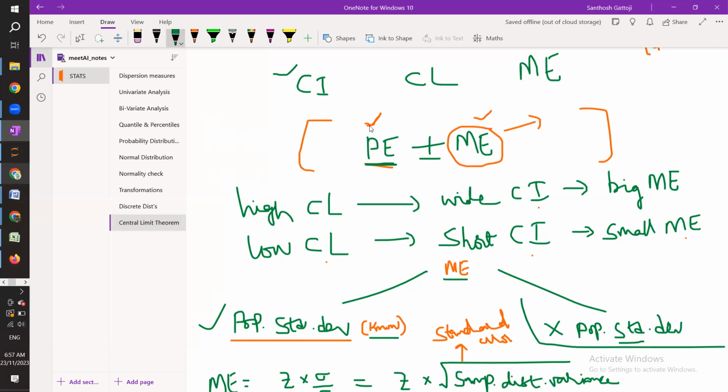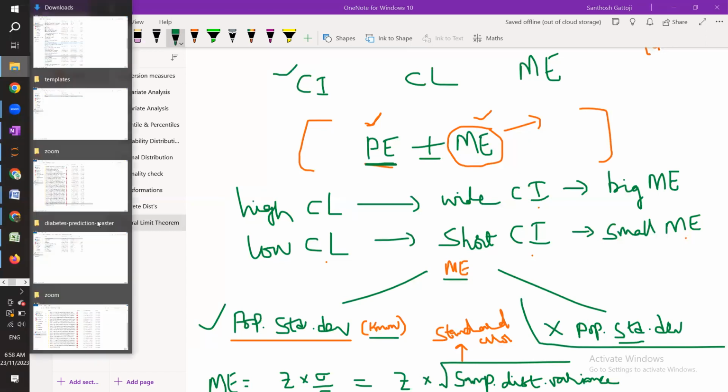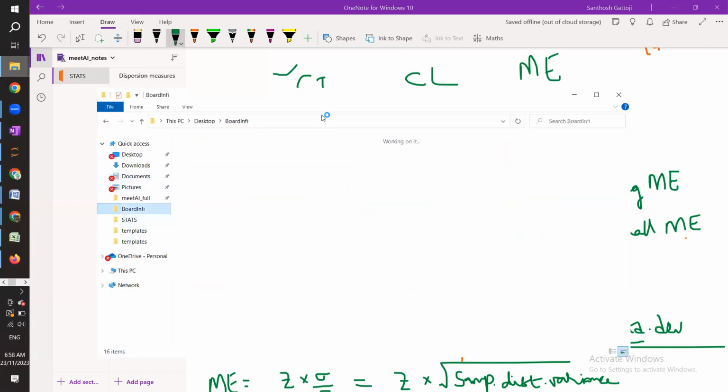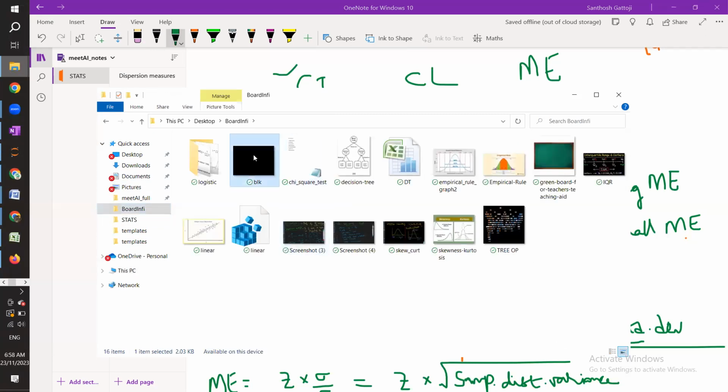It gives the mean of the total population. Yeah, see, try to understand. What you said is right, but